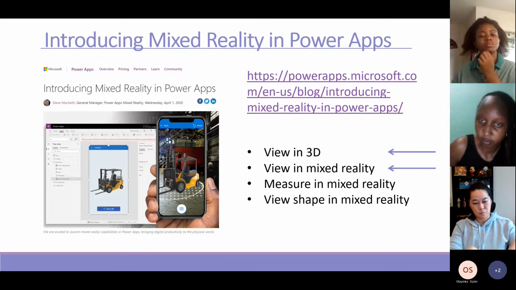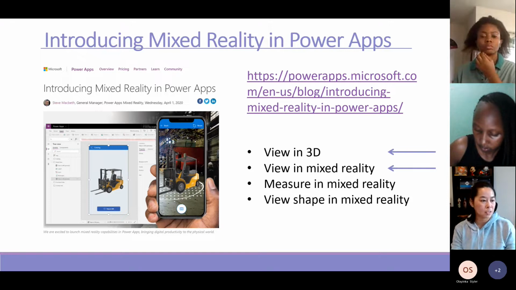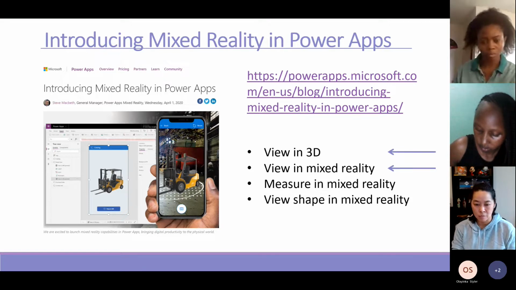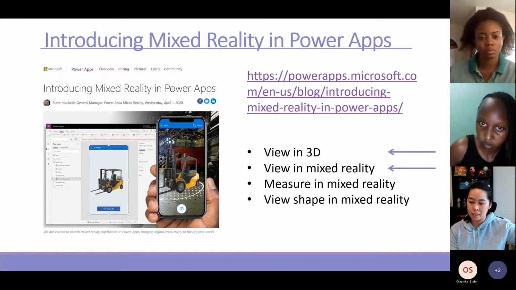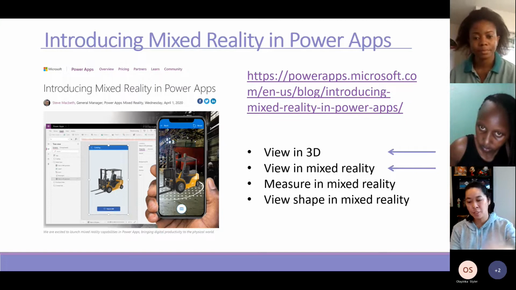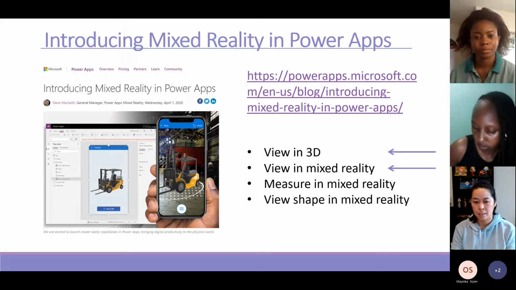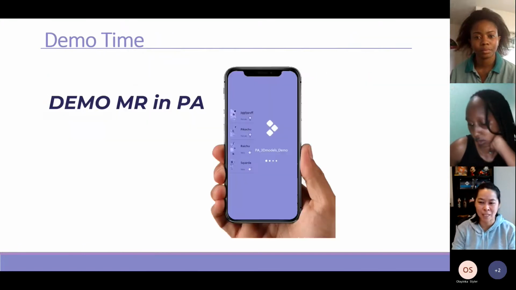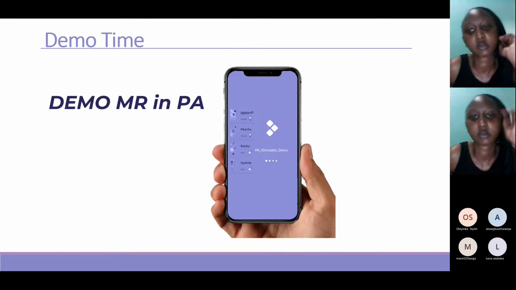In this session, I will focus on the first 2, the View in 3D and the mixed reality. I will also share this slide with you. So after this session, I will upload this slide into Teams, so you can download it and watch back and follow it in your spare time. So you don't have to write, but you can make notes for yourself. Okay,